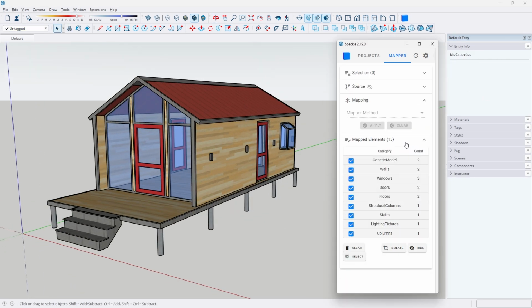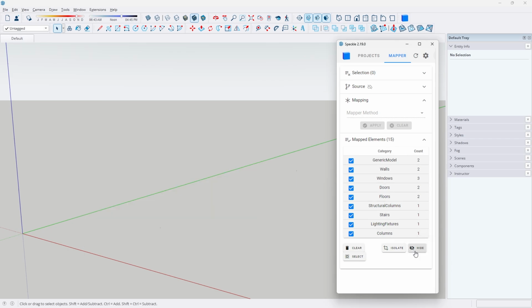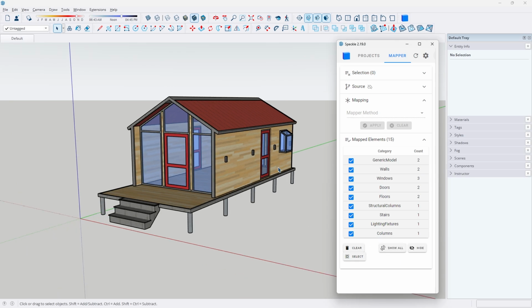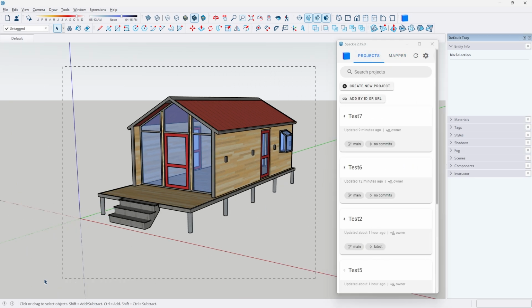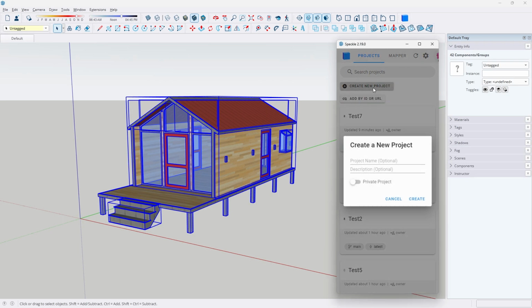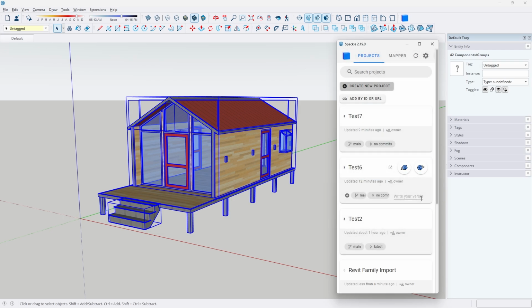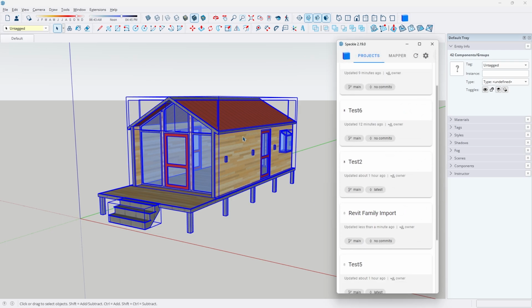Alrighty, I think we actually have everything selected. If I hit hide, it should hide the entire model. Perfect. So after we show it again, we can select our whole model and hit create new project, and I'm going to call it Revit Family Import. Beautiful. Rolls right off the tongue. But after that, with everything still selected, we can go under the project you just created and click send. And after all of that uploads, we can begin moving into